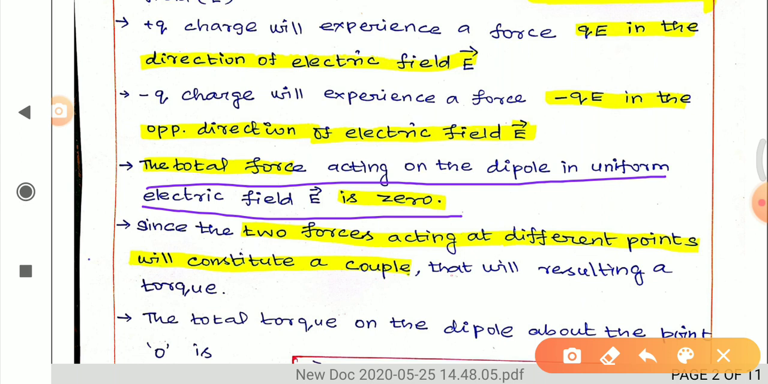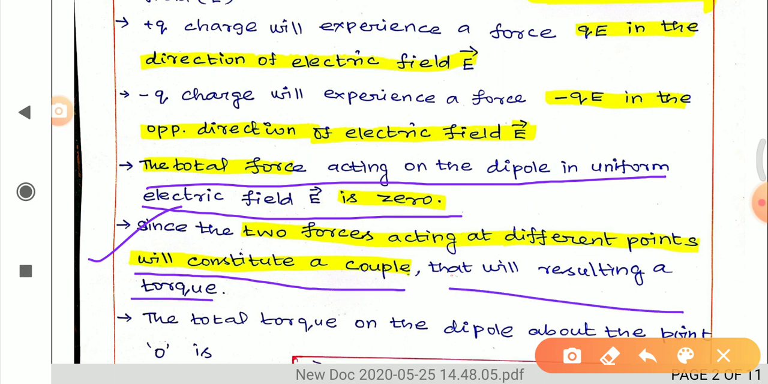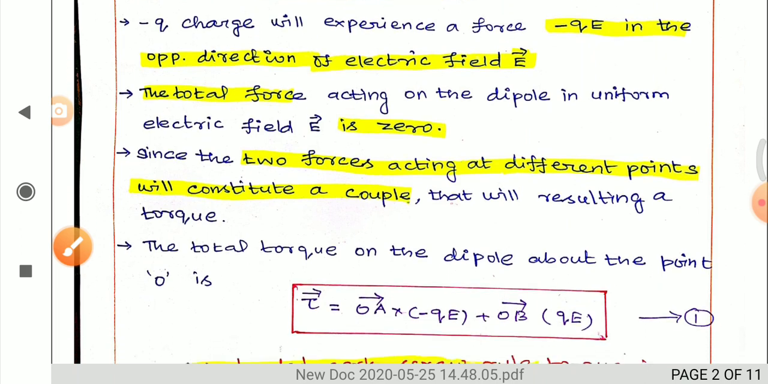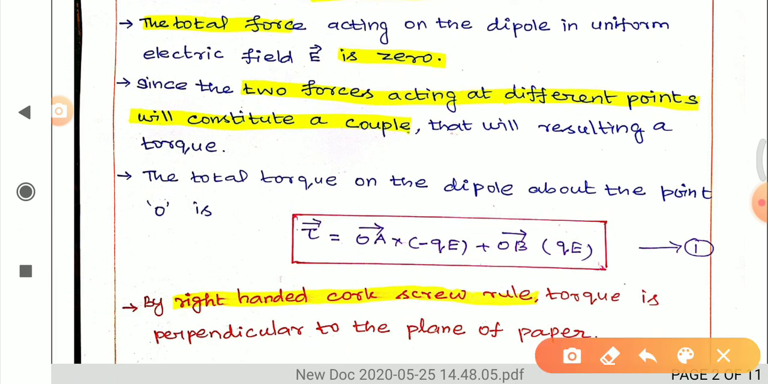But the two forces act at different points, so it will not experience a net force. Instead of a force, it will constitute a couple. That couple is known in electrostatics as torque. If it experiences a torque, what is the magnitude of the torque? How can we calculate the torque experienced by the electric dipole kept in the uniform electric field of induction, capital E? In this step, the total torque on the dipole about the point O is given by tau